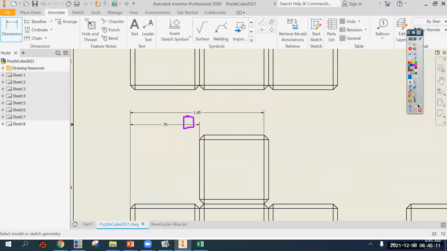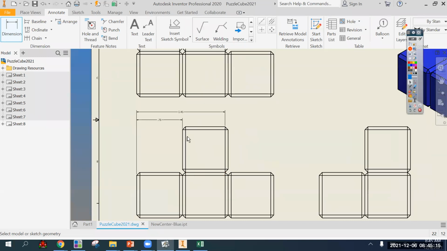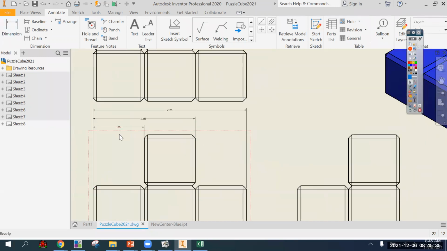Like if you get a 1.45, you didn't do it right, because every one of these dimensions should be a multiple of 0.75. And if you look closely at where you're clicking, it will be obvious. But this one, same thing, left to right, every time something happens, take a dimension. I don't think you could have more than 3 dimensions. Okay, so